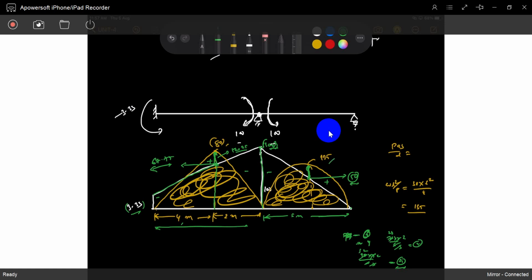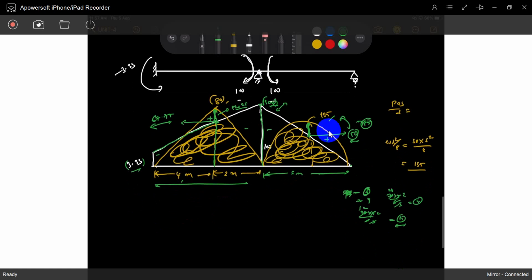So this is 135. What is the value? So 85. So the maximum positive moment is 85, and the maximum negative moment is 100. So you have to design the section for 100, because there is positive and negative. We have to put the same cross section throughout the span most probably. How to design, we'll see in the RC section. That's the end of the story.